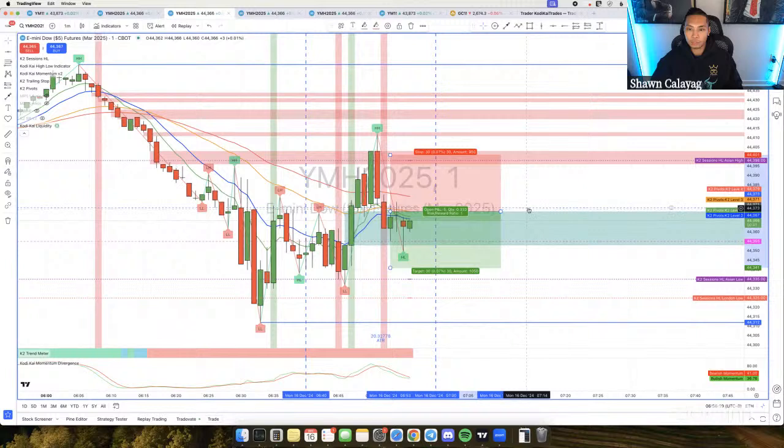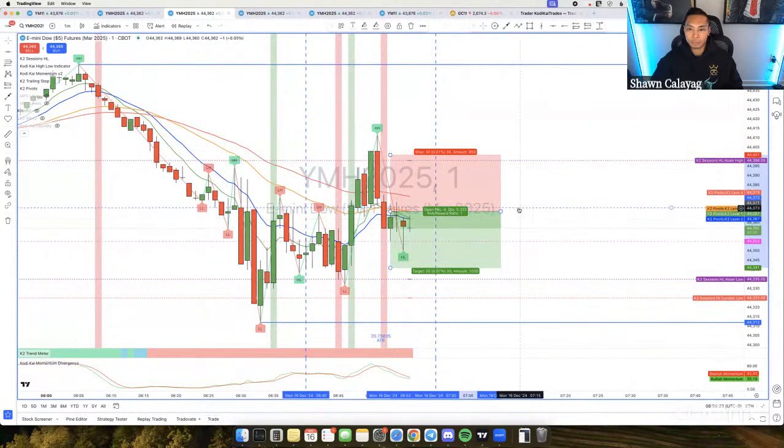There is a blue line, which is opening price. And let me turn off liquidity real quick. Yeah, the blue line is opening price. Obviously, you don't want to trade around that area. It acts as a magnet. We have the news price right here at 645, the inflation news. And then we have sessions up here and we have sessions down here. So everything here is